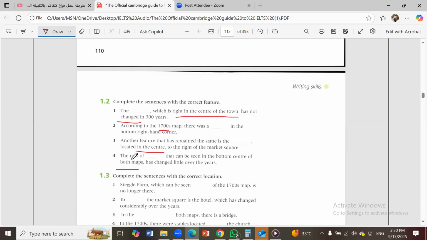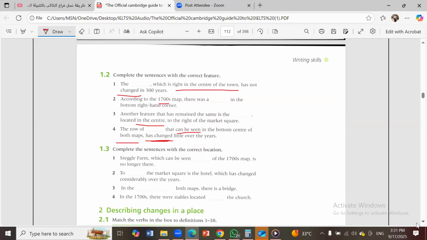The row of, what's the meaning of row? صف. So, the row of shops that can be seen, don't make it active. Can be seen in the bottom center of both maps. Has it changed? Or was it changed? Or is it changed? Little over the years. Okay. Again,